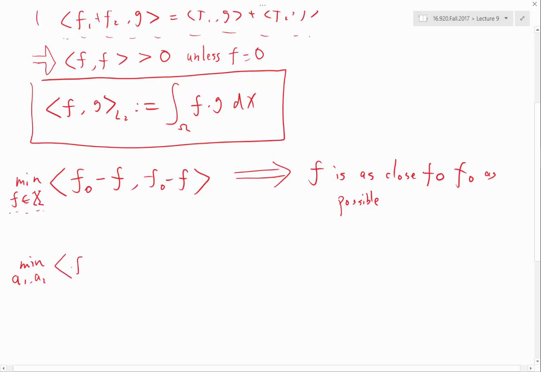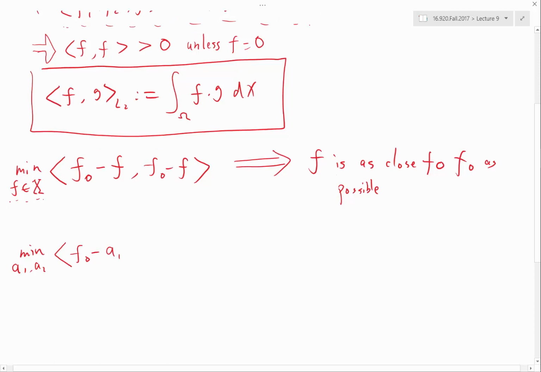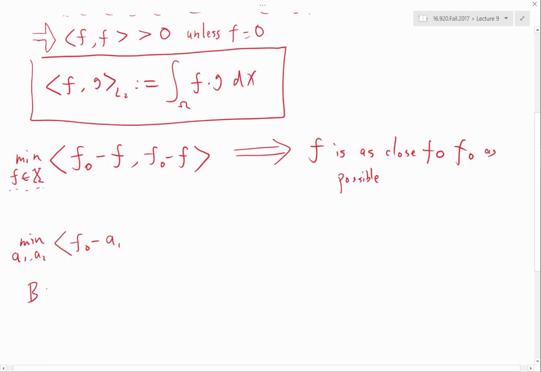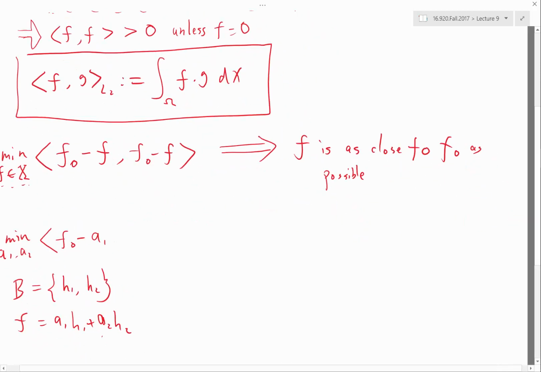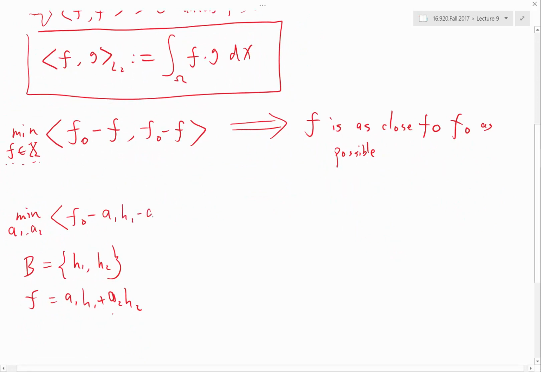So for f0 minus a1 times, let's say that b is a basis, let me use h1 and h2, right? So b is my basis. So any f can be represented as a1 times h1 plus a2 times h2, right? So saying that minimization over f is the same as saying minimization over a1 and a2. So what I get is f0 minus a1 times h1 minus a2 times h2,